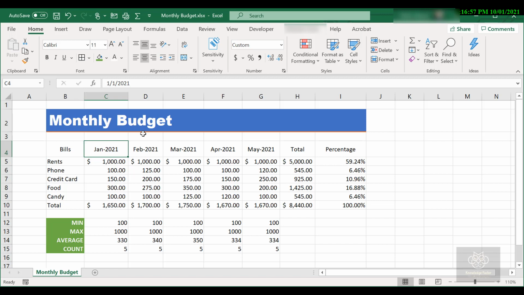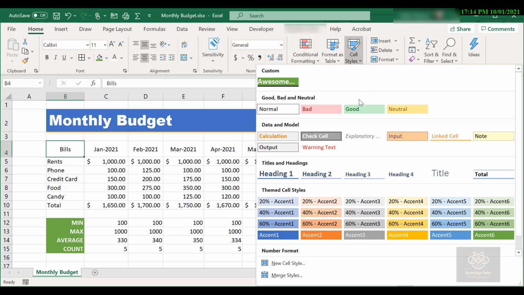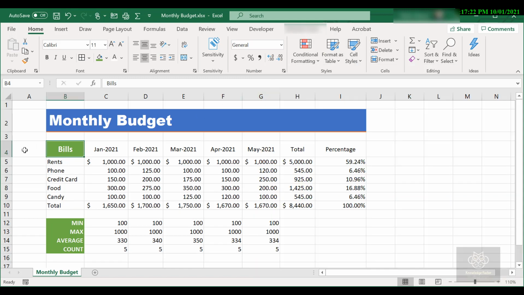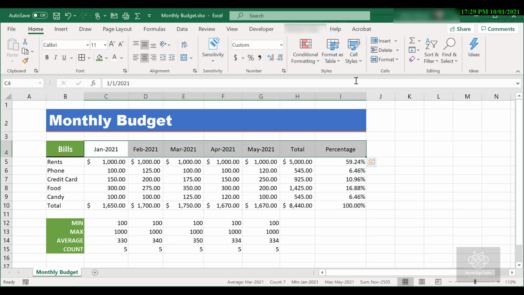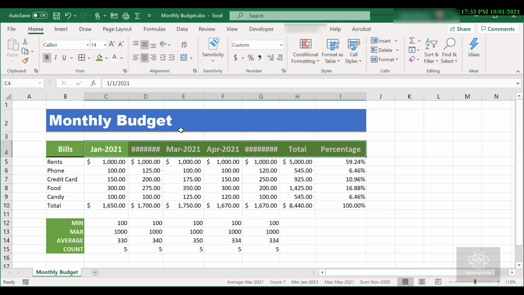I didn't get a green cell, but now I'm going to highlight these cells. Let's say I want to highlight this cell and I'm going to go to my Home tab again, and on the Home tab I will go back to Styles, Cell Styles. What are we going to get? There's my awesome style here, right? I will give that a click and I have now applied it to the one cell, and if I want I can do the same for all the headers of the document. So I have now applied it to all of those cells.